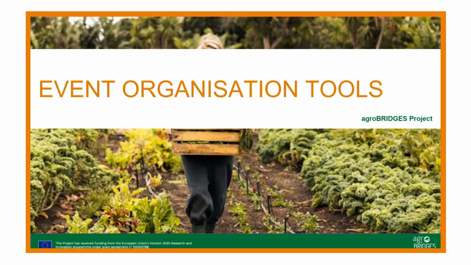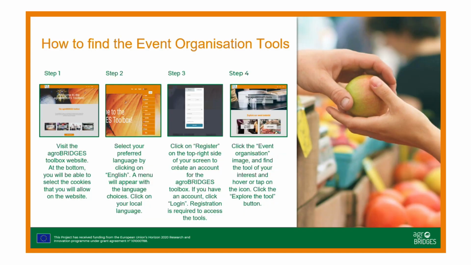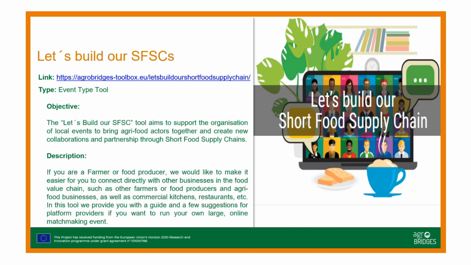The last category is event organization tools, which include two different tools. Once again, the initial step to locate this category is similar to the previous ones. The first tool in this category is Let's Build our Short Food Supply Chains. The objective of this tool is to support the organization of local events to bring together agri-food actors. In this tool, we provide you with a guide and a few suggestions for platform providers